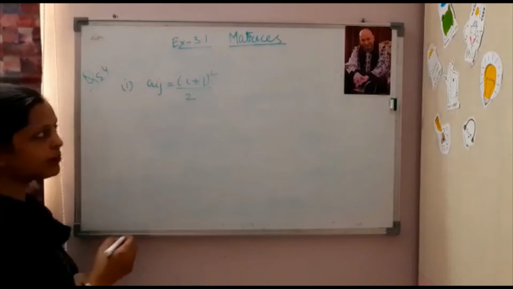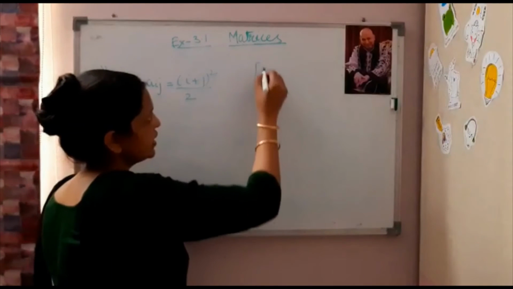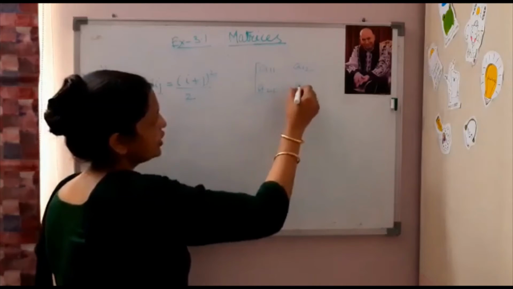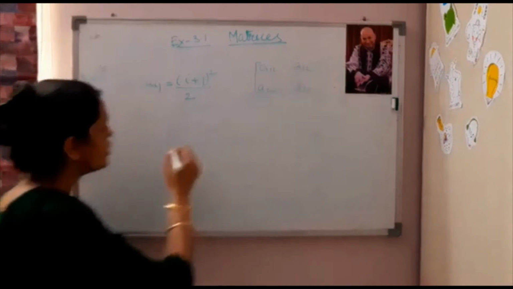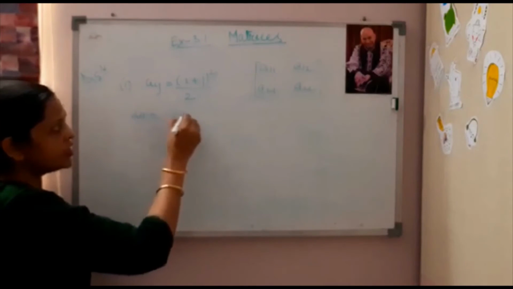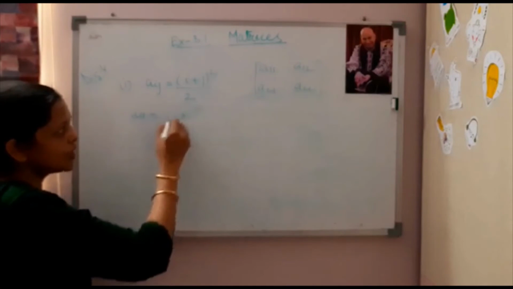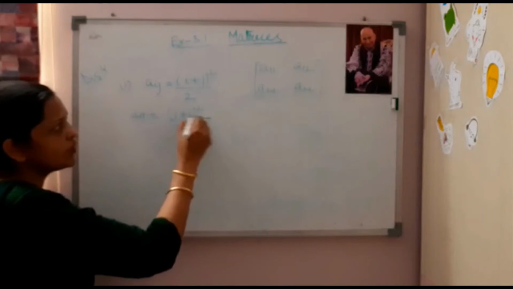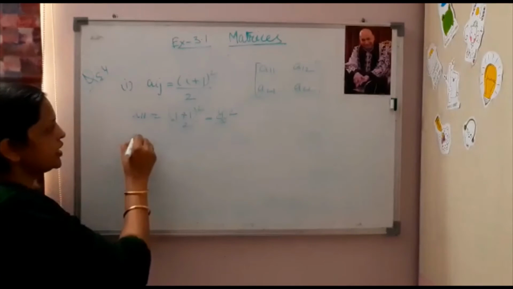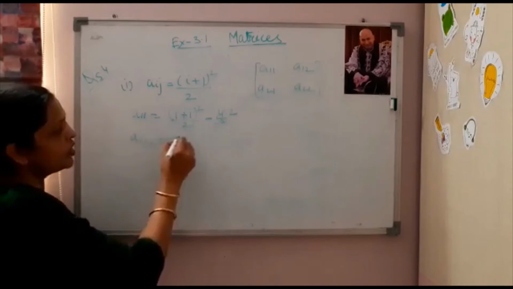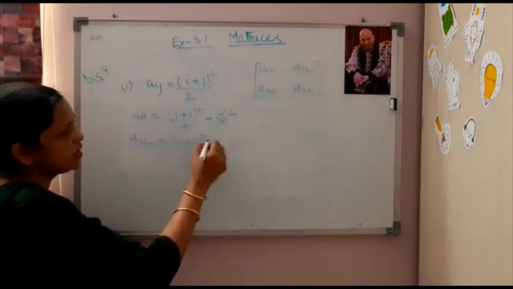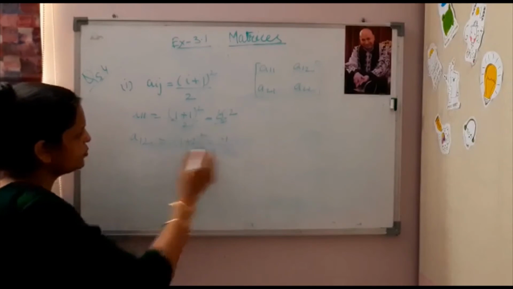तो 2/2 में आपके पास एलिमेंट्स कौन कौन से हैं? A11, A12, A21, A22. Now first of all we will find A11. A11 i की जगह 1, j की जगह 1 का whole square upon में 2. 1 plus 1, 2 का square, that is 4/2 comes out to be 2. Next A12. 1 plus 2 का square upon में 2. 3 का square 9/2.